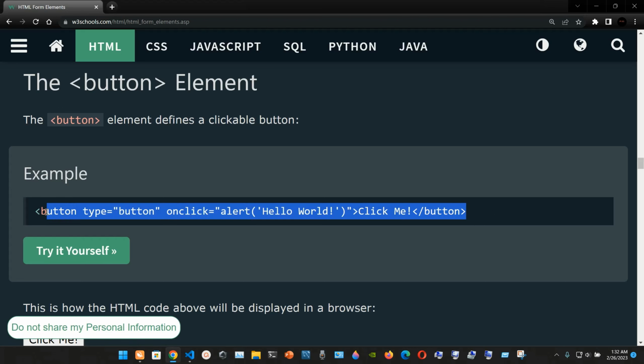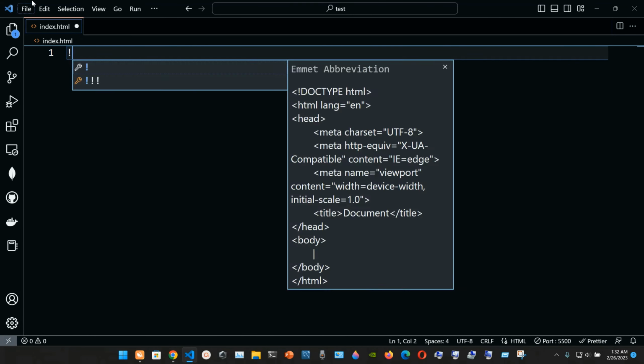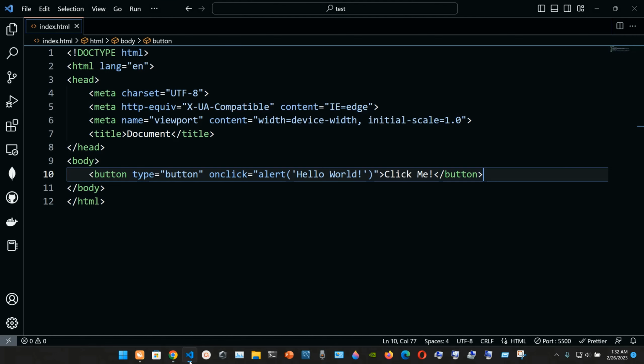And we can just, for example, grab it. We go to Visual Studio Code. I'm just going to press shift exclamation mark, and we go inside of the body. I just paste the piece of code that I just grabbed, and this is what I'm going to have. So I'm going to click here, click me, and we are going to get